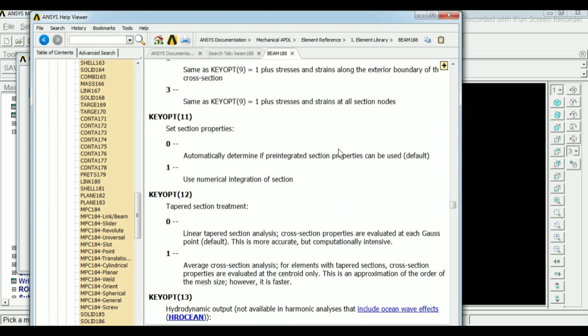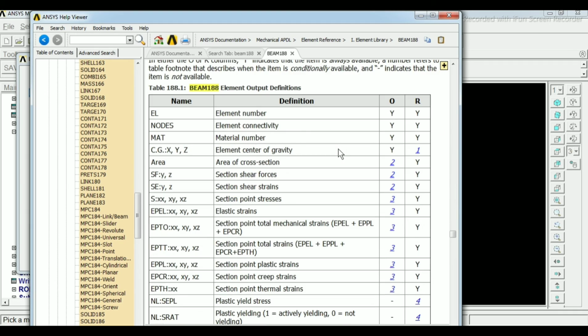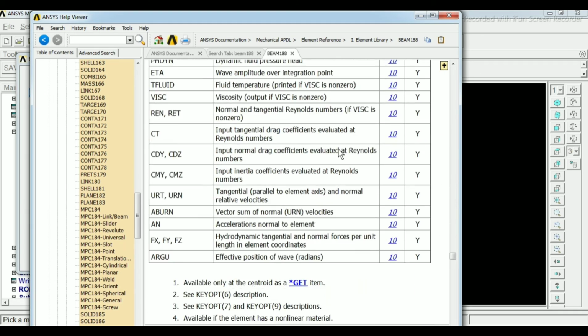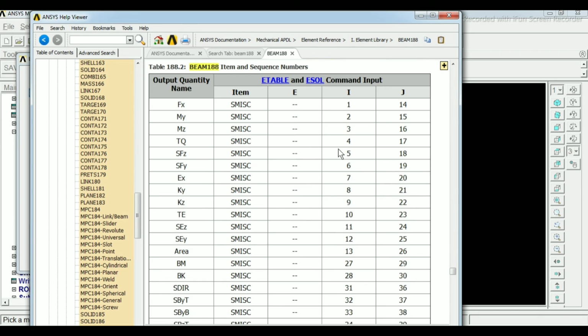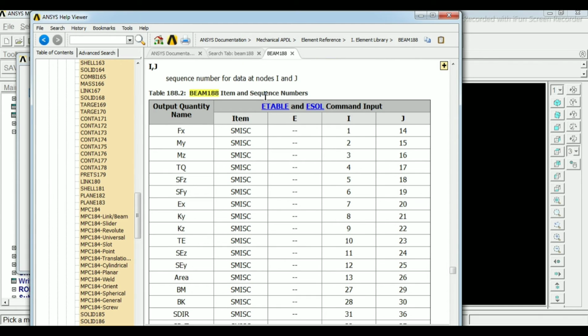All this information is given. Yes, this is the element table and the sequence numbers are given. For bending moment you have to give both the I and J node values. Our sequence numbers for bending moment are 3 and 16.